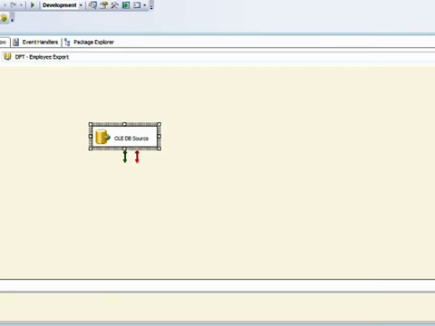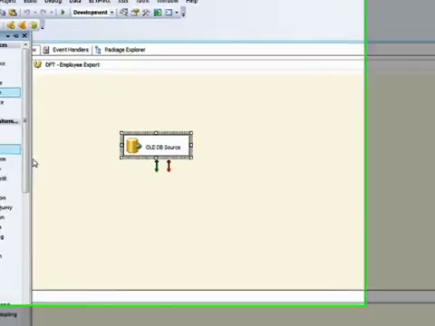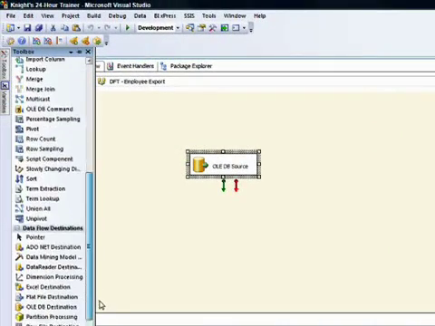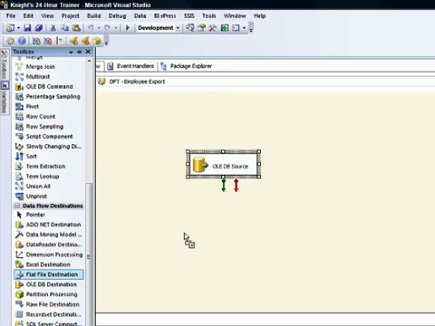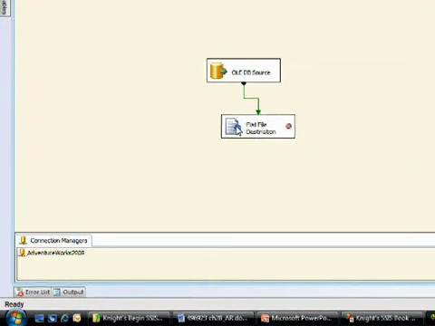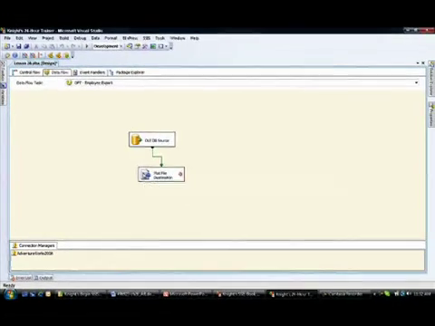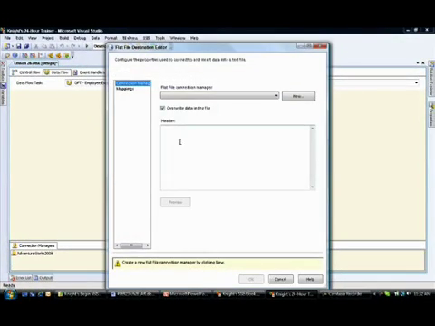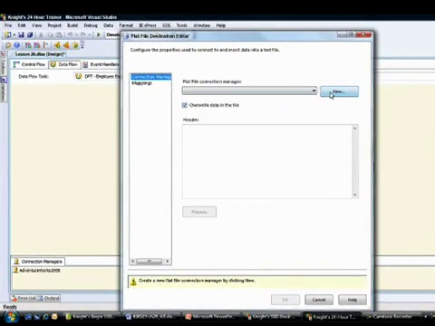Our next step is going to be to bring over a flat file destination. So go ahead and do that from your toolbox. Bring over a flat file destination, and go ahead and connect the two. We need a flat file connection manager to send our destination to. So again, you could either right click and create it here, but let's go ahead and do it in the destination itself this time. So we're going to do new connection manager,